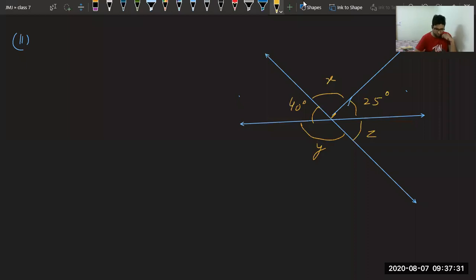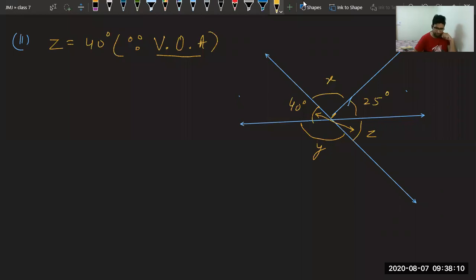Now all of you, which angle can we find most easily? Yes, we can find angle z most easily because they are vertically opposite angles. That means the first thing you can say is z is equal to 40° because the property is known as vertically opposite angles. You have to write the property complete. I have written the short form. Don't write the short form because you will not get any marks for VOA. Property name is not VOA. It is vertically opposite angles.